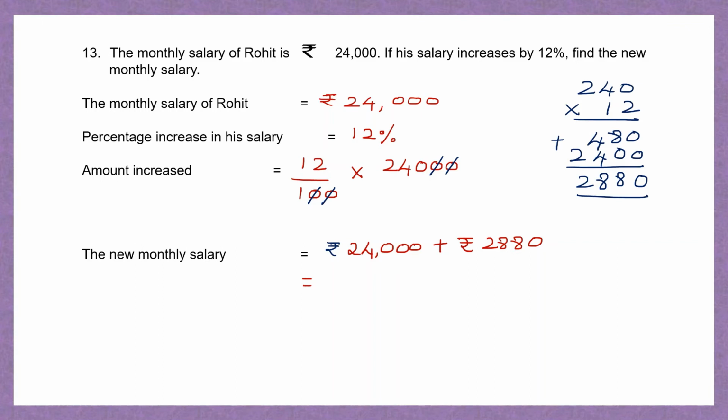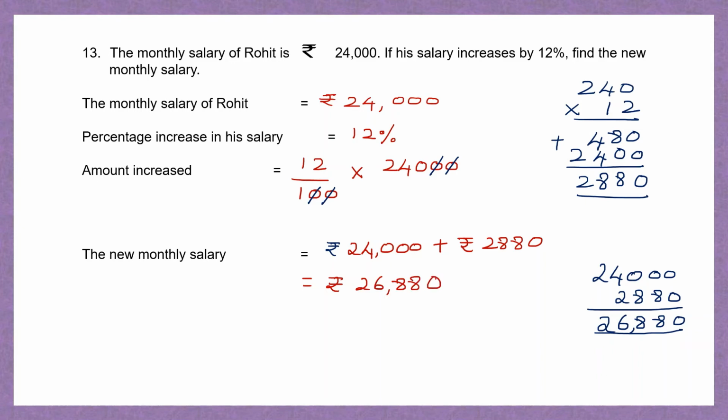So let's add up these two amounts, 24,000 and 2,880. So 0, 8, 8, 4 plus 2 is 6 and then 2. 26,880 is his new monthly salary. So we found the amount increased and we added that amount to the original salary. And this is the new monthly salary of Rohit. So the new monthly salary is